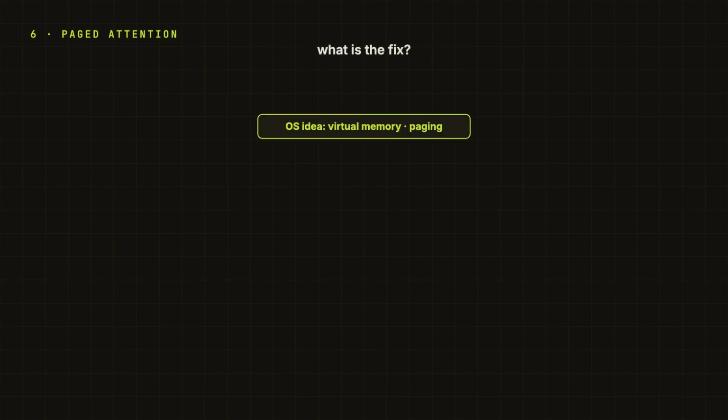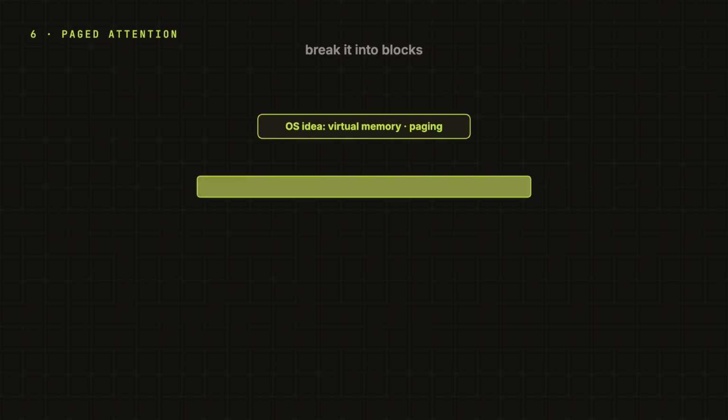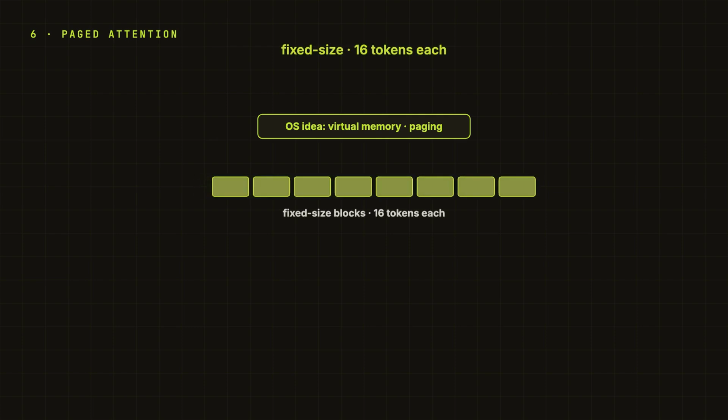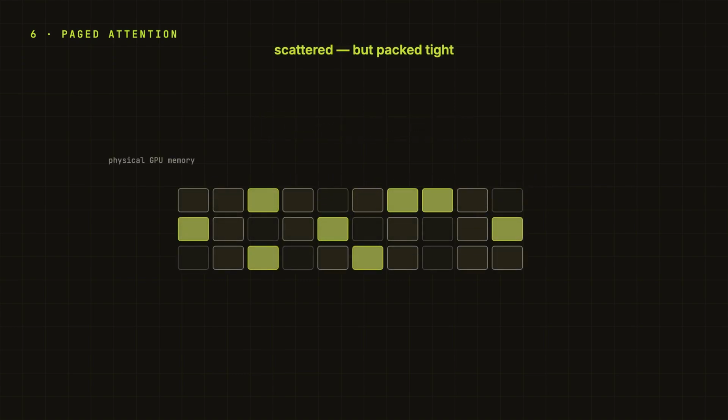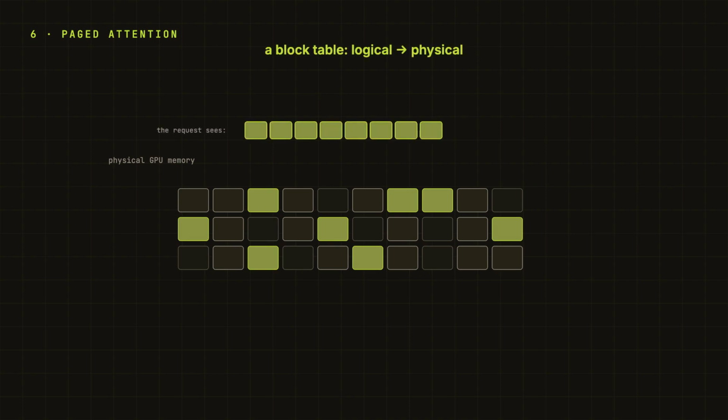And the fix is borrowed straight from operating systems: virtual memory, paging. Instead of one contiguous block per request, break the KV cache into small fixed size blocks. Let's say 16 tokens each. The blocks can sit anywhere in the memory, scattered in any order. And we keep a little lookup table, a block table, that remembers for each request which physical blocks hold its sequence in order. So the request still sees a clean ordered cache, but physically the memory is packed tight with